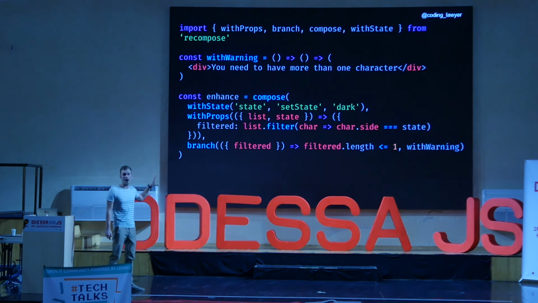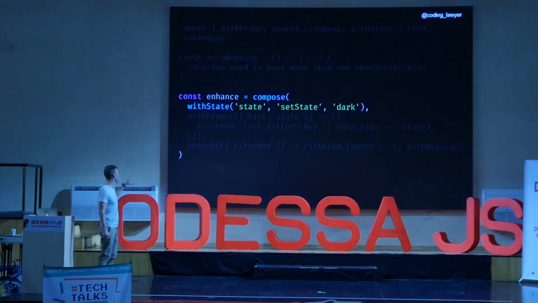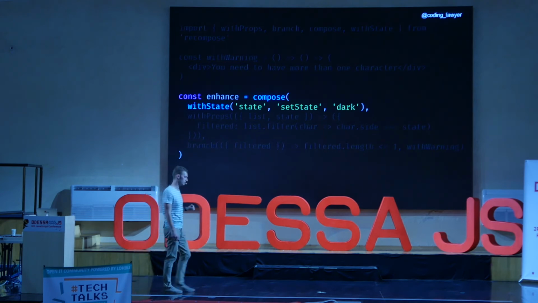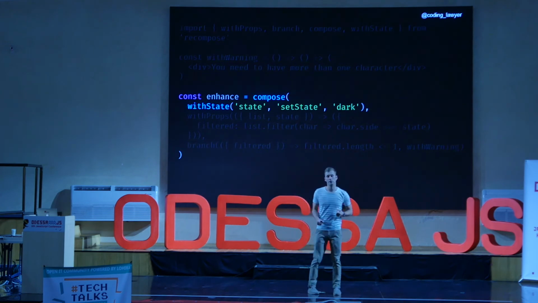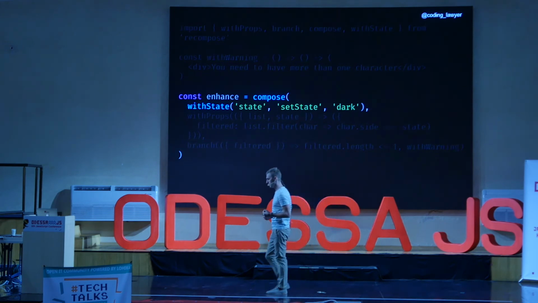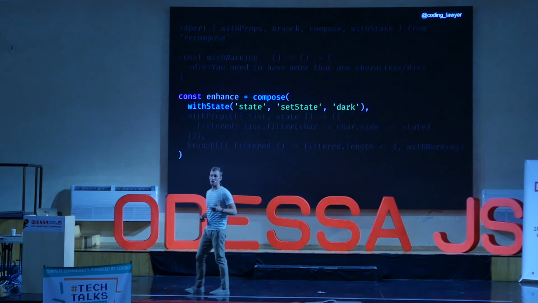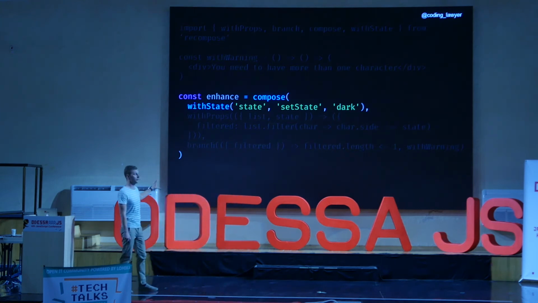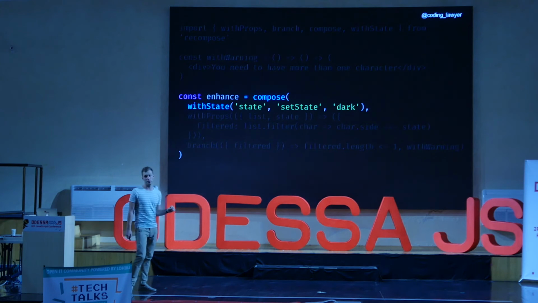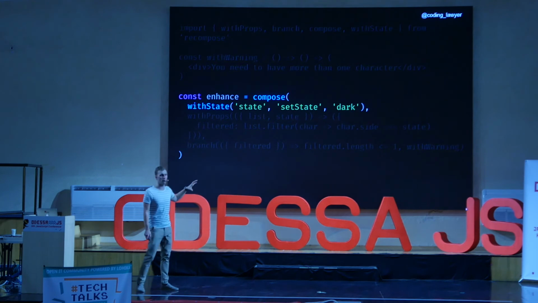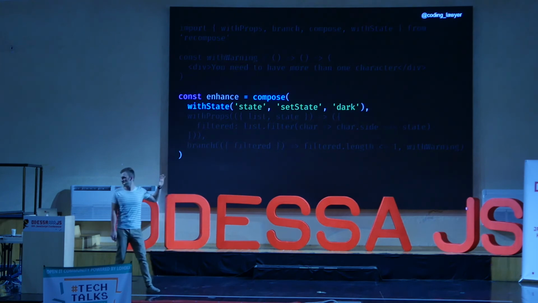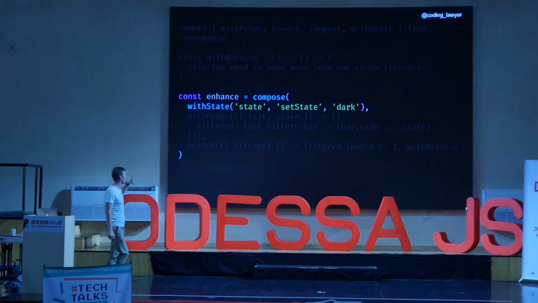Now we added a new higher order component to our composition. We added the withState higher order component. And withState takes three configuration arguments: the name of the state, the name of the state handler, and the default state value. We called our state side, our state handler setSide, and our default state is dark. So this is the value of the side. It will be dark or light. Previously, we were passing this information as props. Now we are storing it as